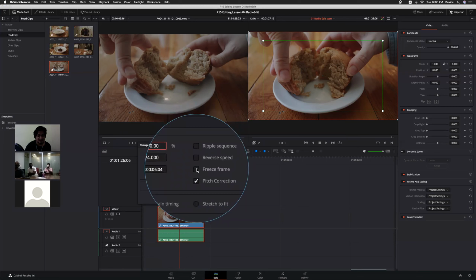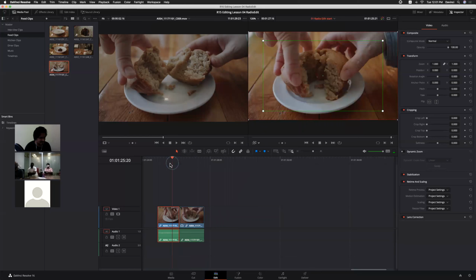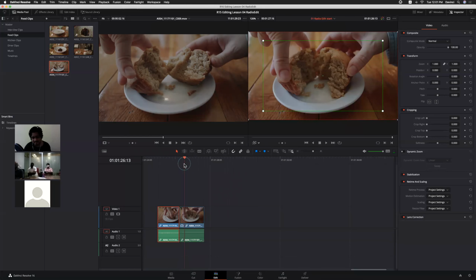Reverse, freeze. Yeah, freeze frame is kind of a complicated thing in DaVinci. When I click freeze frame, it will make the entire clip a freeze. Whatever frame we have at the playhead position, based on that frame, it will create a freeze frame. I just want to show you that. So change. See, now the entire clip will be a freeze frame. We don't have the next video, right? Up to here we have video. Now from this portion, it's a freeze frame.